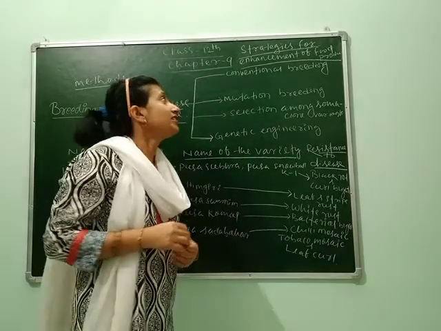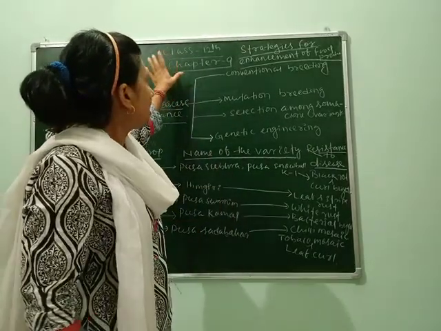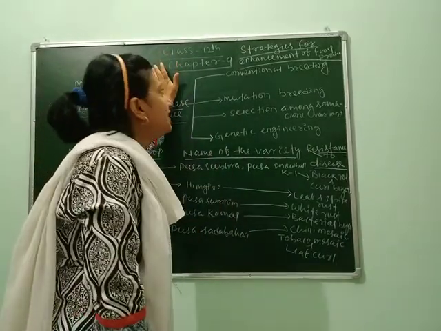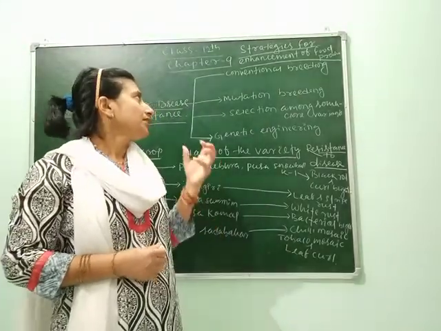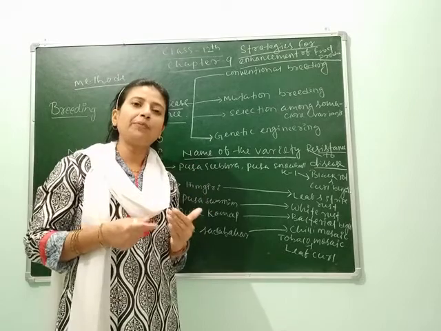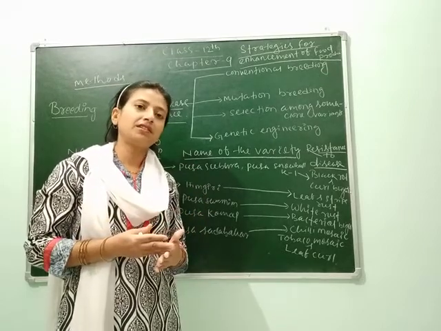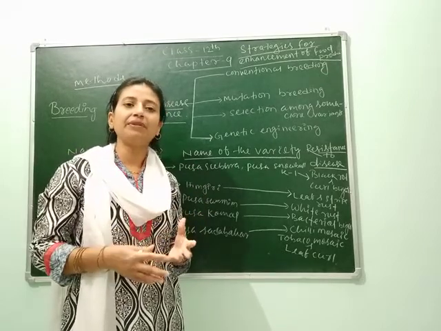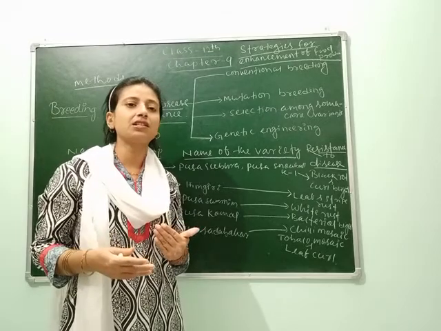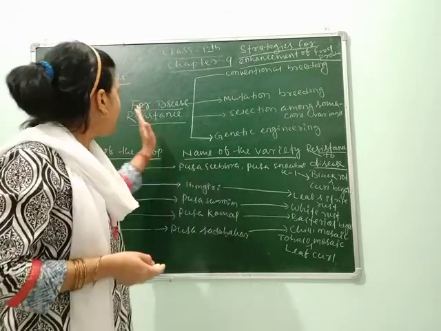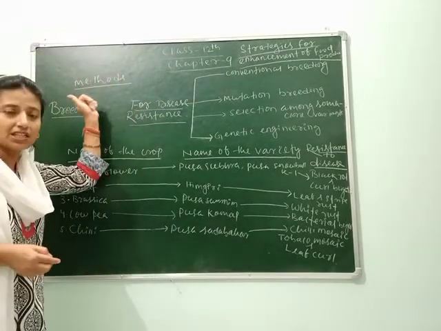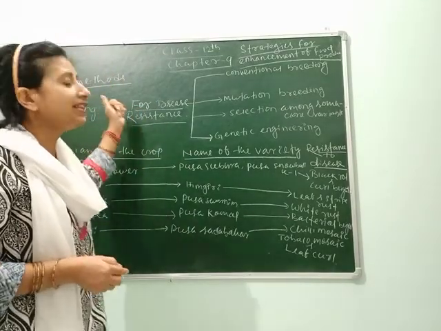Today we will continue our chapter 9, that is of class 12, and the chapter is strategies for enhancement of food production. As we are continuing, how different types of techniques, either in agriculture or increasing the productivity in animal husbandry and any other methods, overall fulfill the food requirement. So today we will study about different methods of plant breeding programs for disease resistance.